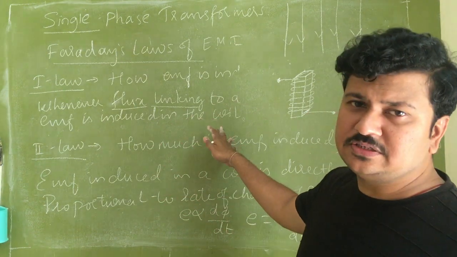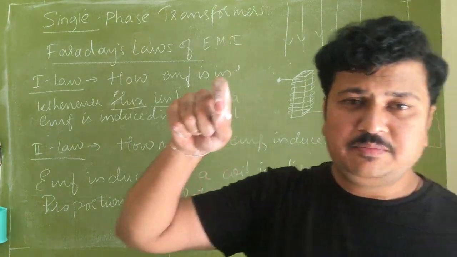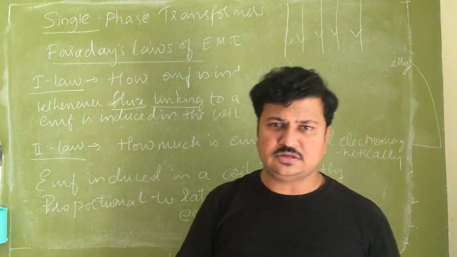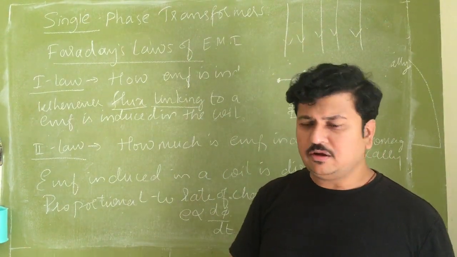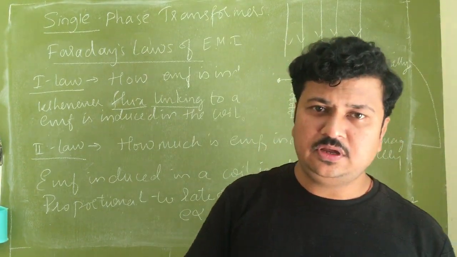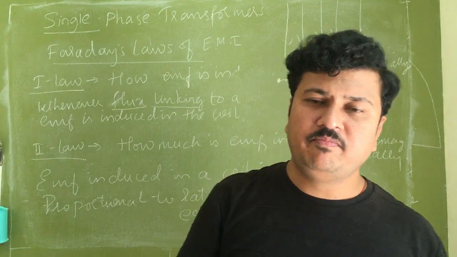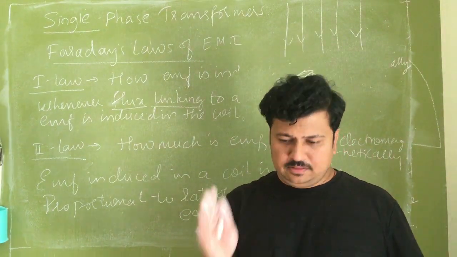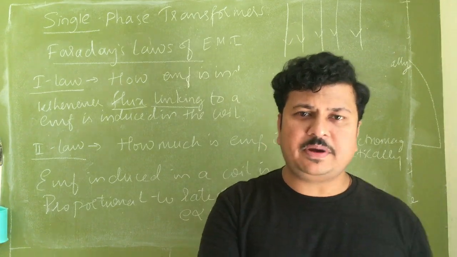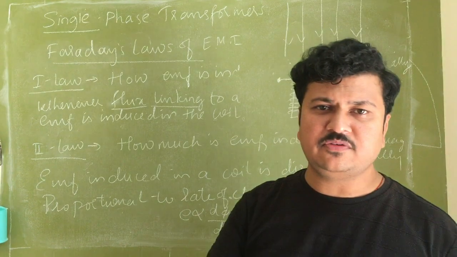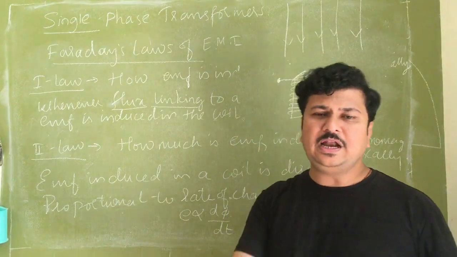So when there is a change in flux, the charged particles present, the electrons, because electrons are the ones that carry the currents, when they experience variation in the magnetic field in which they exist, they start gaining potential energy. The moment I provide them a closed path, that potential energy gained will get converted into kinetic energy in the form of electron flow. That we call current.